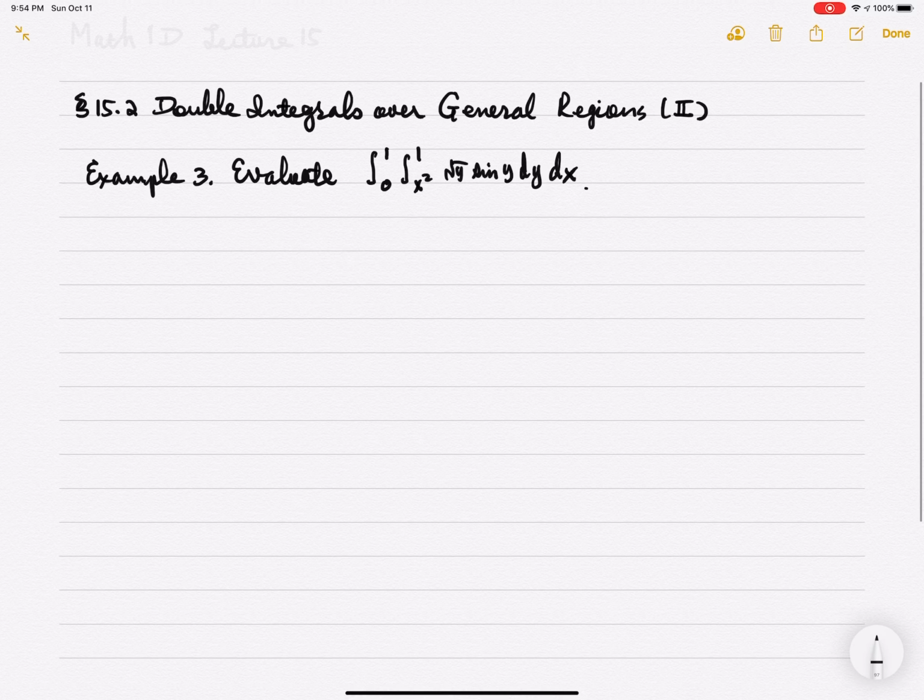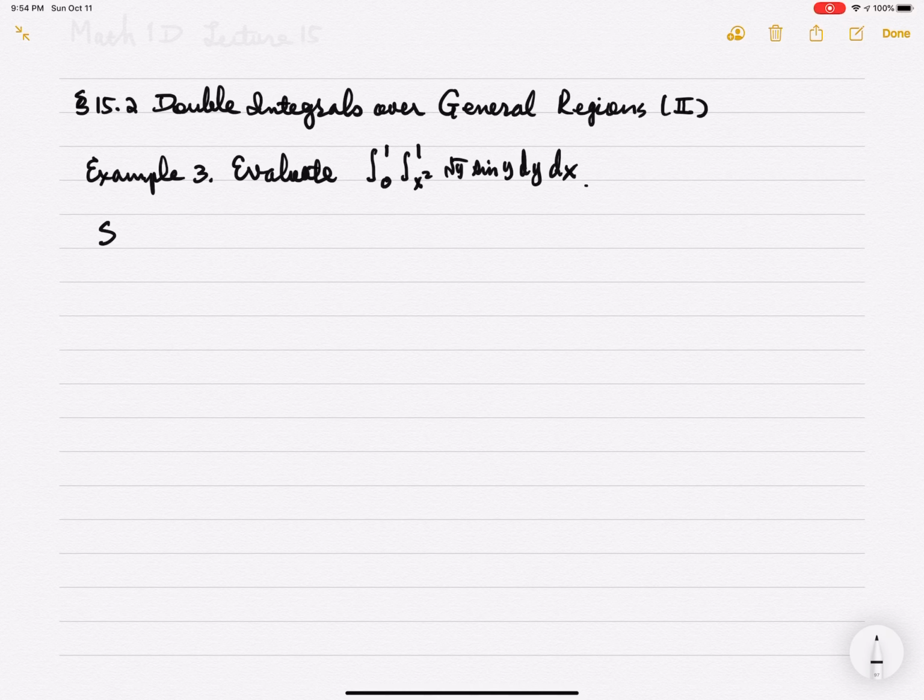Evaluate this double integral. From 0 to 1 and from x squared to 1, we have root y sine y dy, then dx. Okay, so if we try to evaluate this one,